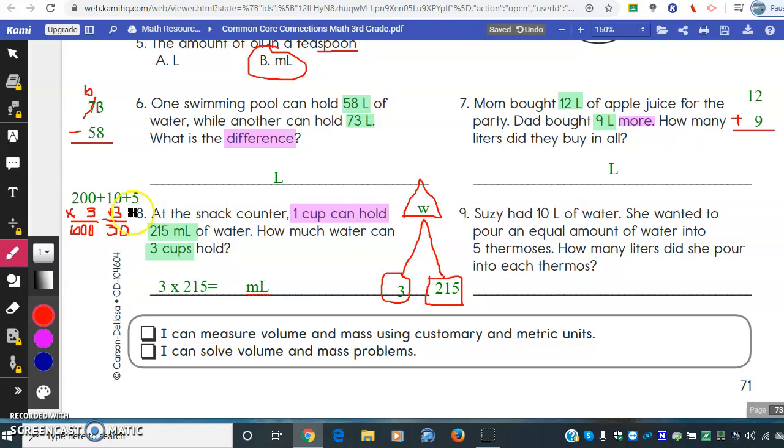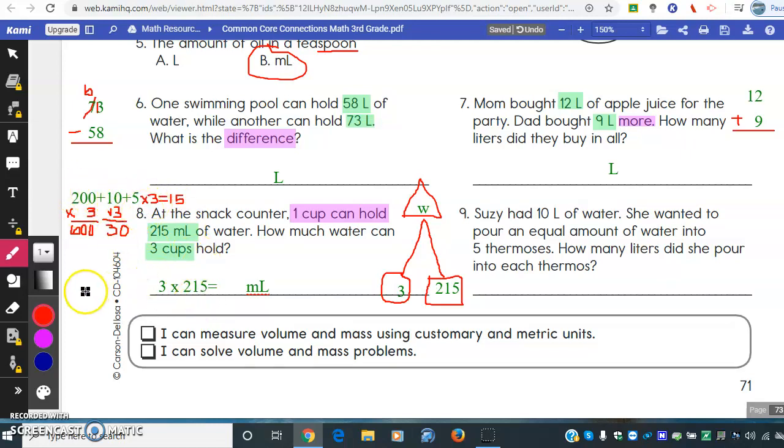So I'm using my 3rd grade skills to solve this 4th grade problem. And then the 5 also times 3 is going to be 15. Again, using my 3rd grade skills, just break that number up, or just decomposing the 215 to make 200 plus